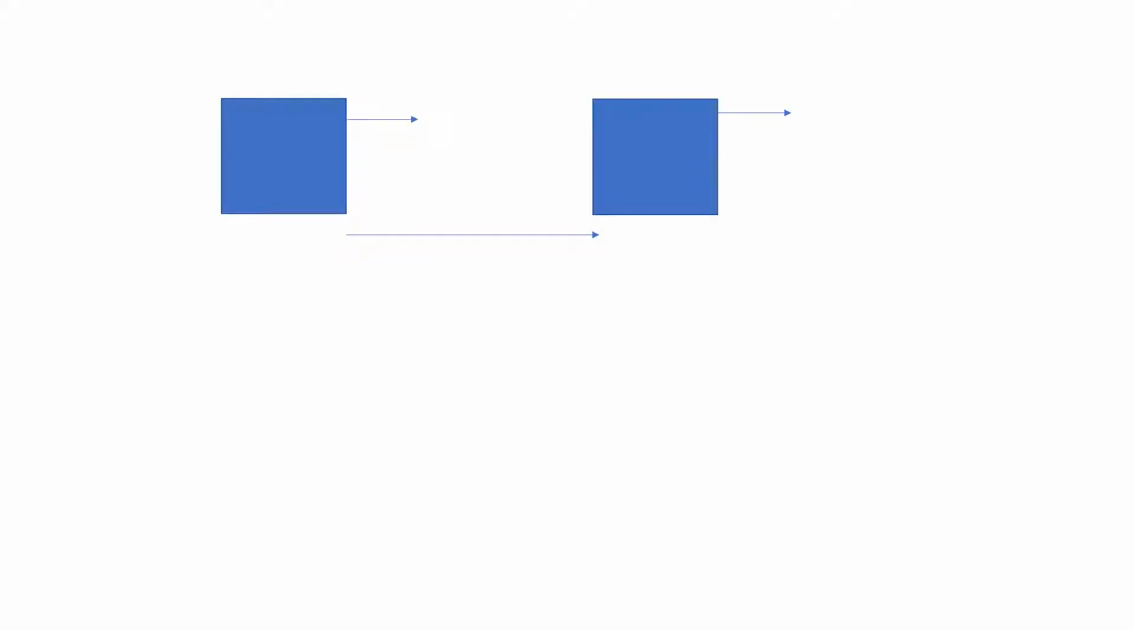Hey guys, in this video we'll be deriving the equation for kinetic energy. So how can we go about deriving this equation? So let's say we have a box of mass m,